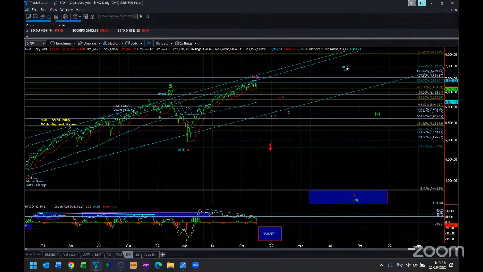So my expectation is once the market does provide us with a top, the initial stage of the decline of the long-term bear market is going to probably take us back down to the 3,500 to 3,800 region. That is my long-term target for the initial drop. This is just the initial drop in the very long-term bearish cycle that I foresee. But we're not there yet.